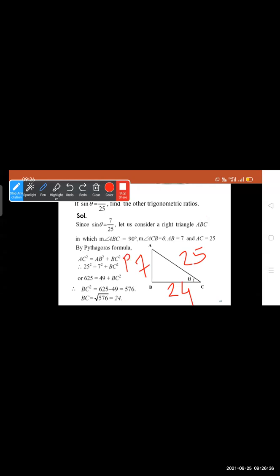For this, one side is the perpendicular height, this one is the base, and this is the hypotenuse side. So we remember one technique. Which one? Sine, cos, tan. So Pandit, Badri, Prasad, Har, Bole. Okay. So we get the formula here. P upon H is sine, B upon H is cos, and P upon B is tan. B upon H for the cos function is 24 by 25, and for the tan function, P upon B is 7 by 24. So easily you find it, but we write it in the proper way.